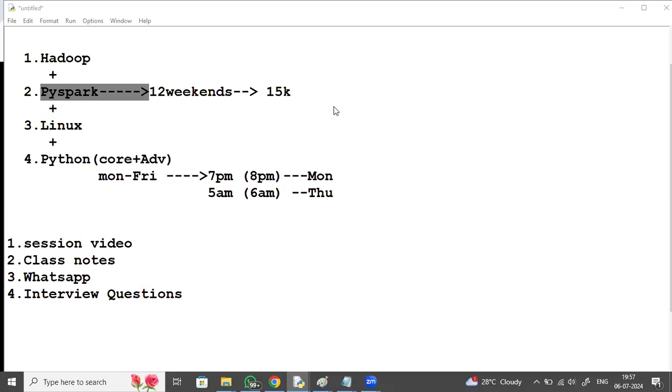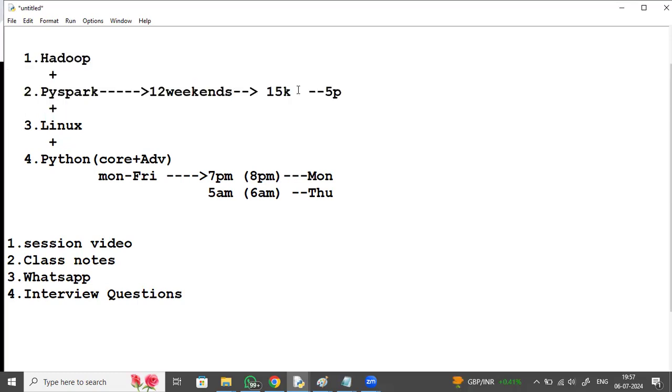One more question. If someone wants Python core and advanced plus PySpark instead of this Linux Hadoop, then we can do it. Because I have, but it's the requirement for data engineering from my side. There's Python and PySpark right now. If you want only Hadoop, you're attending at 7 o'clock, right? But at 5 p.m.